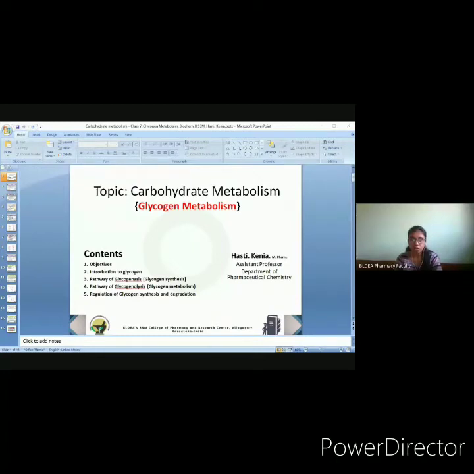So now we will see how this is done. Okay. So in this particular topic, we will see metabolism. Now this metabolism particularly defines synthesis as well as degradation, that is anabolic reactions as well as catabolic reactions. Both we have to learn regarding glycogen, means how glycogen can be synthesized, that is anabolic reactions, and how glycogen can be degraded, that is a catabolic